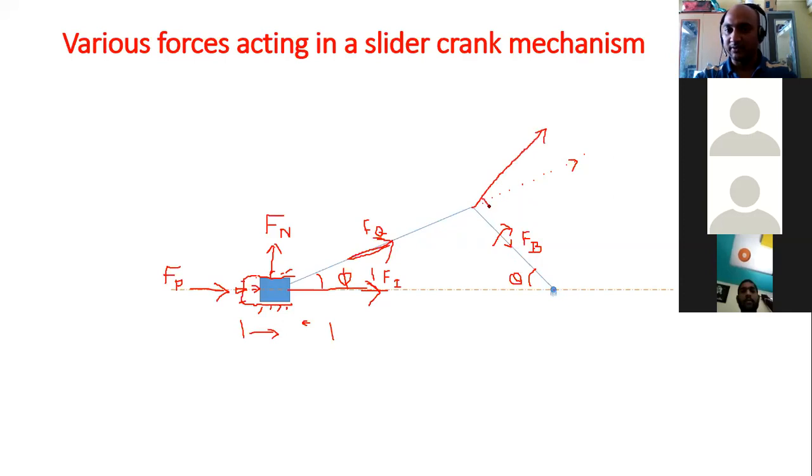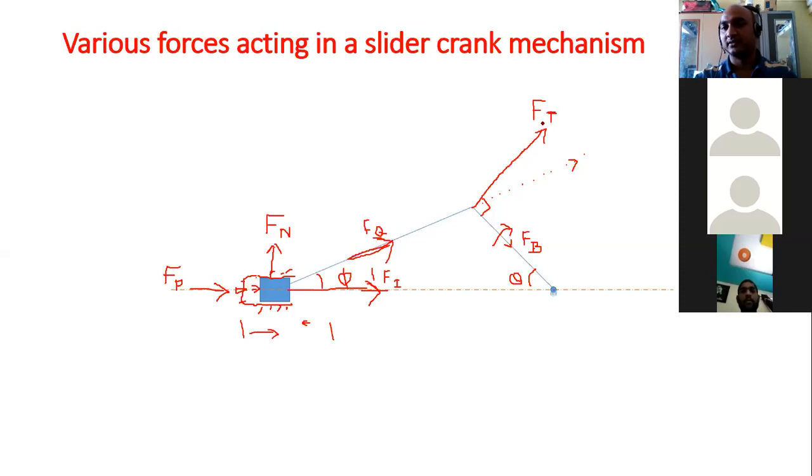Okay, so this is perpendicular, right? So it means that the remaining part will go in this particular direction, that is perpendicular to the crank. Let us say that force is Ft. So why is this called Ft? Because this is referred to as the traction force. Okay, traction force.